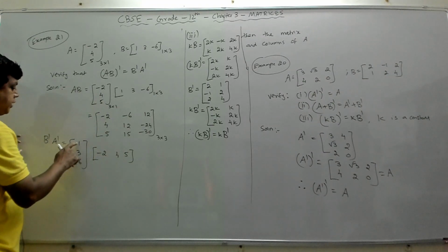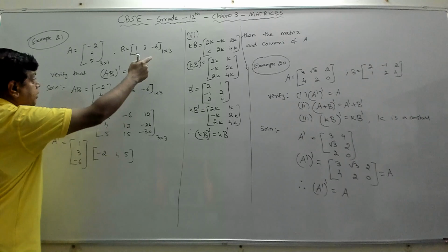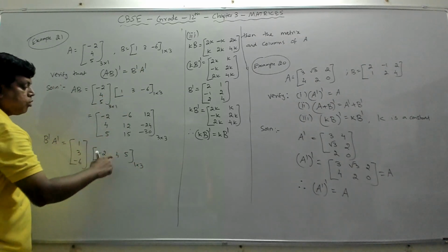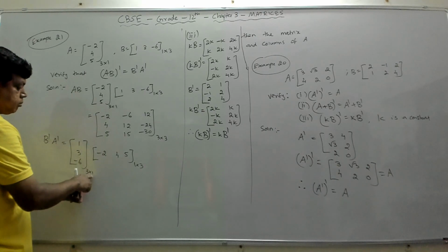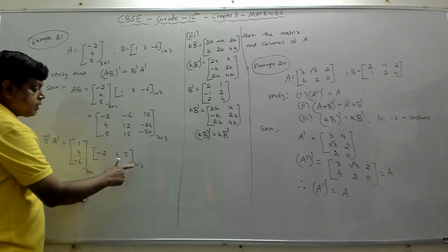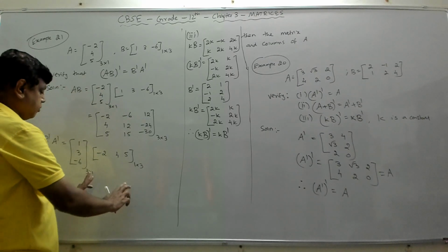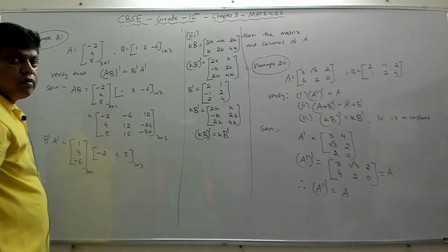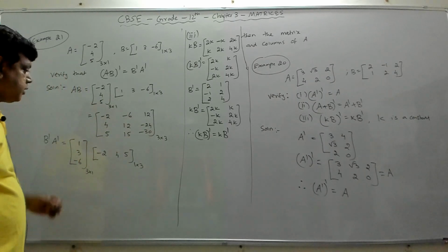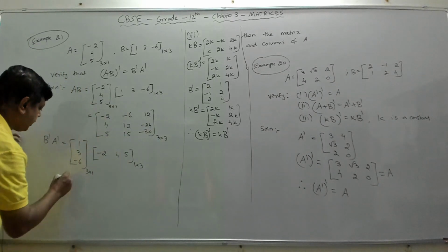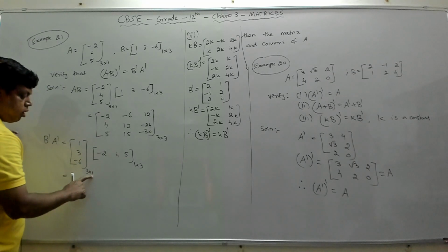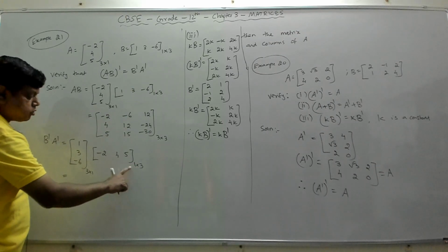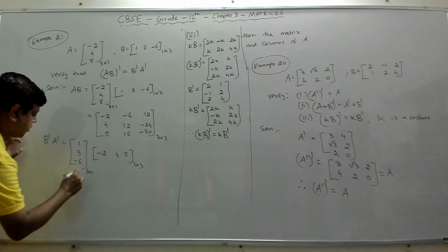So this is your B transpose. And obviously the order of the B transpose is again 3 cross 1. This is 1 cross 3, 1 row, 3 columns. Again, the number of columns of the first matrix is matching with the number of rows of the second matrix. So which means these two 1s we can hide, and 3 cross 3. The resultant matrix will be a 3 cross 3 matrix. So let's multiply now. Multiplication is possible because the number of columns of the first matrix, which is 1, is equal to the number of rows in the second matrix, which is also 1. So when we multiply this, what do we get?